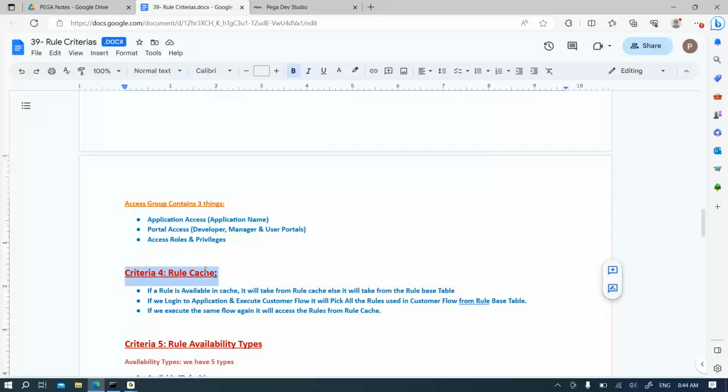All the data will be connected to the PEGA server rule base, and from there only PEGA will be loading these rules in the application. So here also, whenever we try to use any rule, PEGA will be loading from the rule base table to the cache memory first, like rule cache. Suppose the second time and next time also, if you want to load or execute that same rule, then